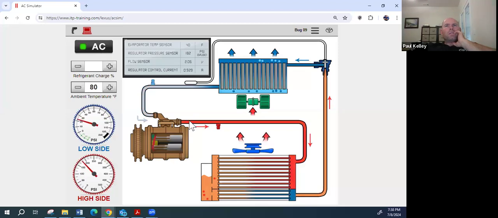Turn the AC on. Remember I told you, if there's moisture, sometimes it'll make the high side, if there's air with moisture, sometimes it'll make the high side kind of like pop off. But other times you want to consider, the only real reason that air is a major problem is because it doesn't condense and it doesn't evaporate, so that could cause it to blow warm. But the real concern with the air is that the air has moisture in it. So the fact that we're worried about air or moisture is more like